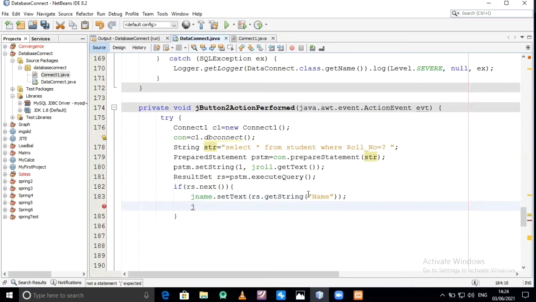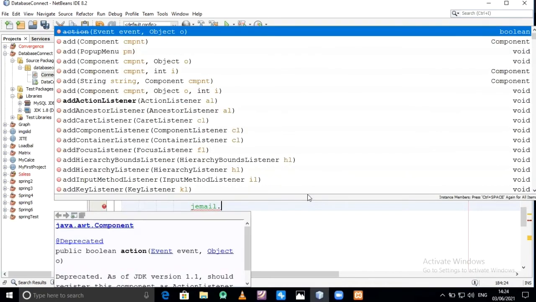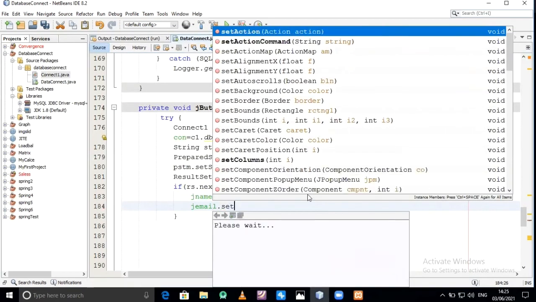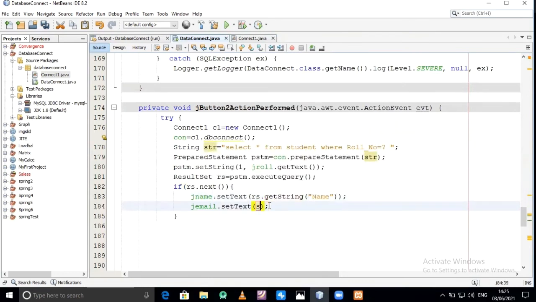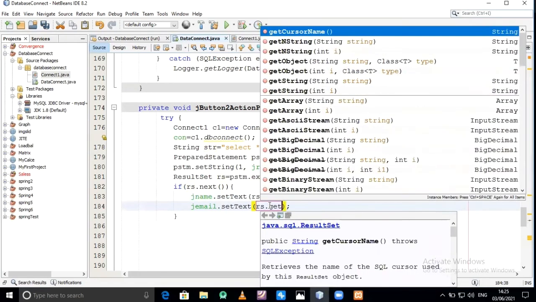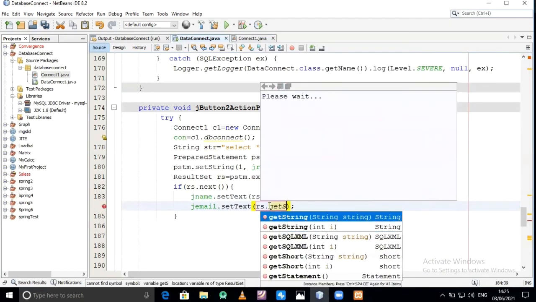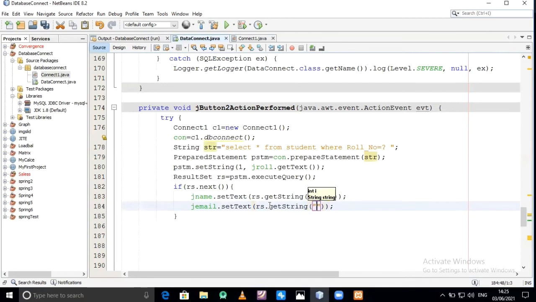Second is jemail dot setText rs dot getString, and string name is email.